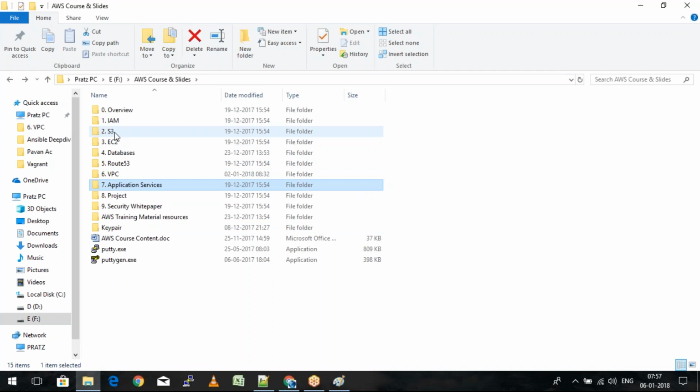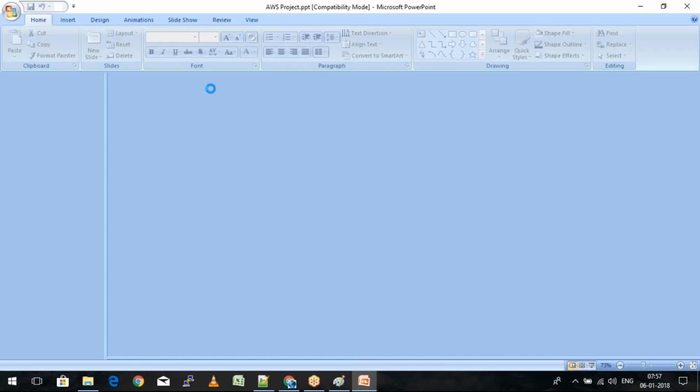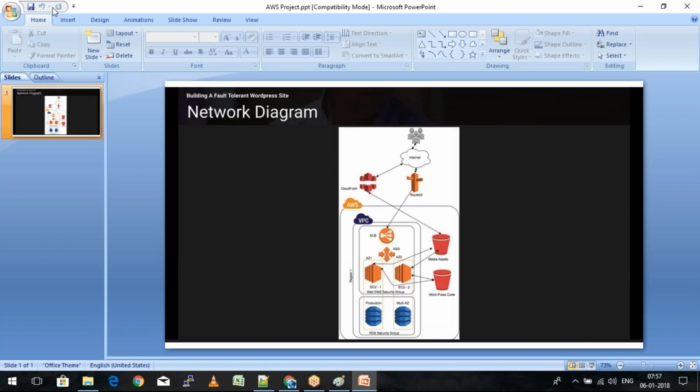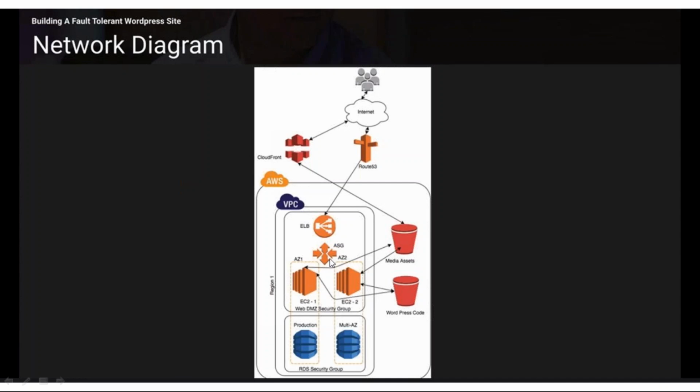From S3, we have one part that is CloudFront, and then we are going to look forward to the project. So this is the project that we are going to establish, in which we are going to make use of all the things that we have learned. So we are going to set up CloudFront, Route 53, the S3 buckets, the EC2 instances using auto scaling and the load balancer, and then a multi-AZ database setup, which will be completely done inside a specific VPC. So we are going to create our first VPC of our own, and inside it we are going to set all this up.